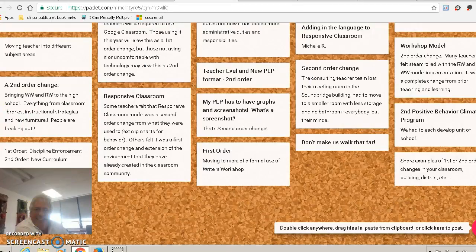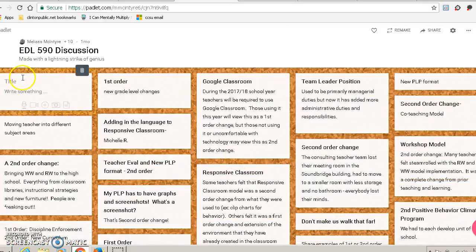So if I wanted to add something new, I can double click anywhere, add something new here. Here's the title. Maybe I would write second order, and again, this doesn't make sense to the content, but the using part does. So that would be my title. I could write something here. I can add an attachment by using any one of these. So if I went here,